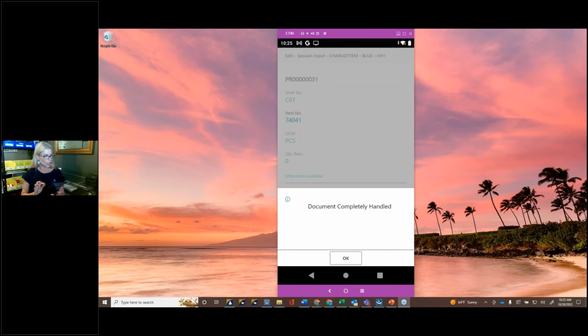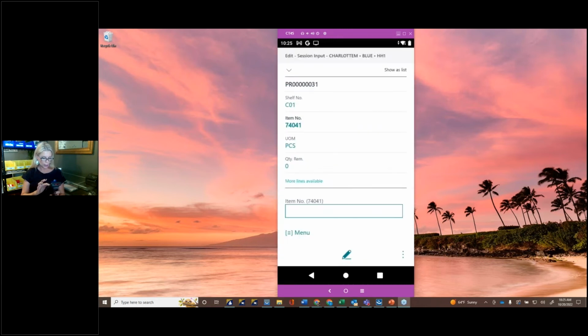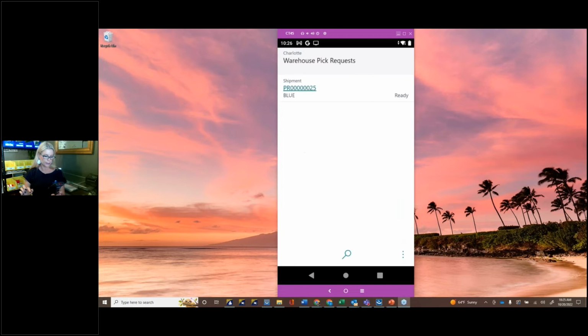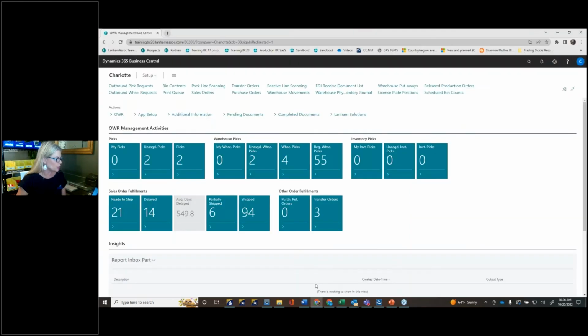Okay, now it says the document's been completely handled. And then I'm going to go to menu, and right here where it says register doc, I'm just going to slide that over to the right. Okay, so that's done. I have picked all my products, brought it up to the shipper, which could be the same person, it could be somebody else. Okay, and I'm going to come back into